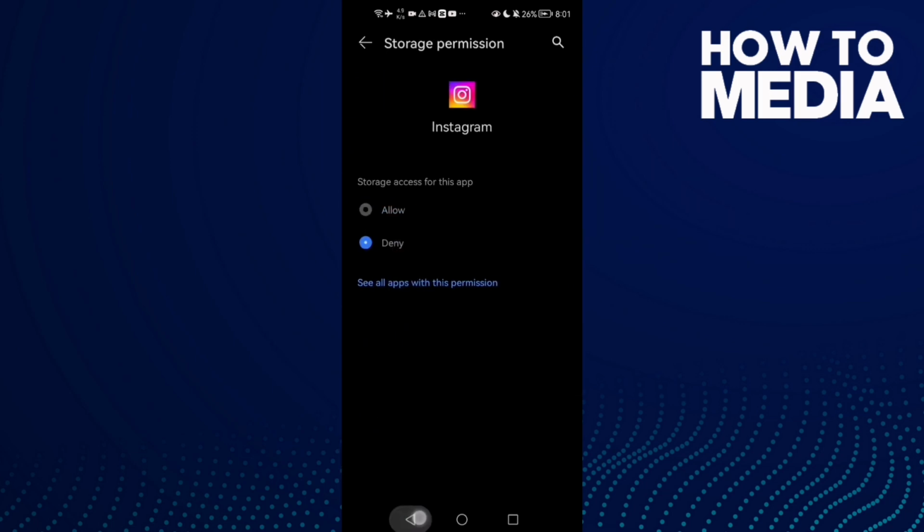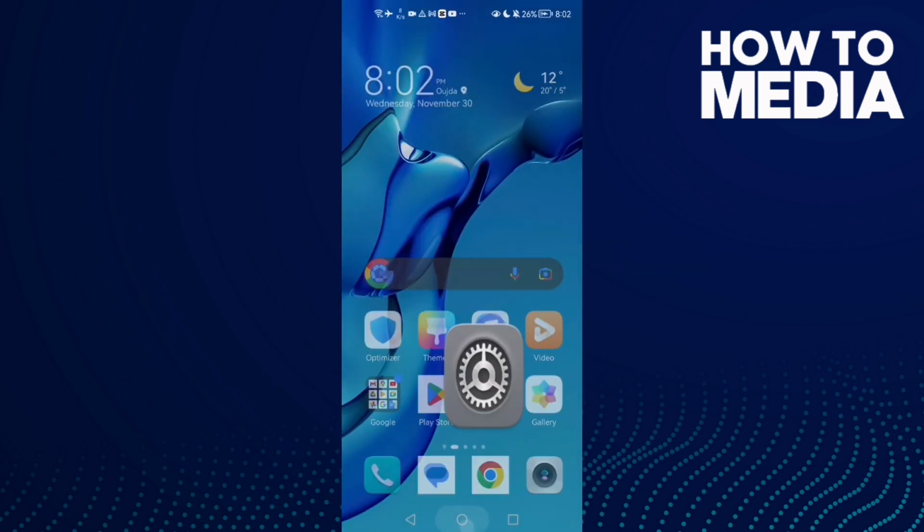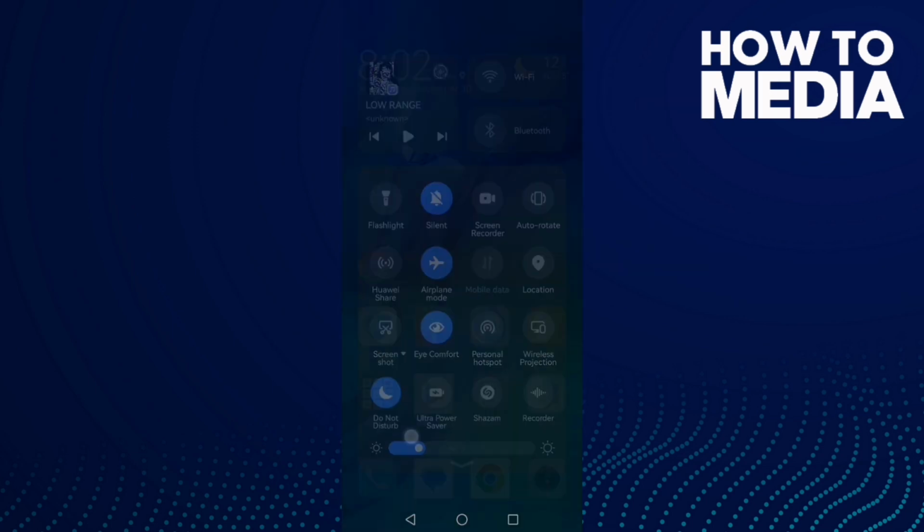Make sure storage is allowed. Maybe you'll find storage here. Click on it, click allow, and if you have an iPhone, just turn off your Wi-Fi and close all applications